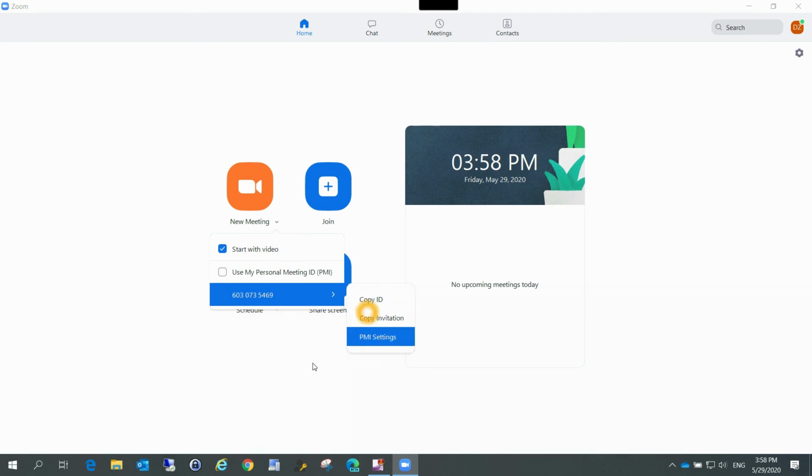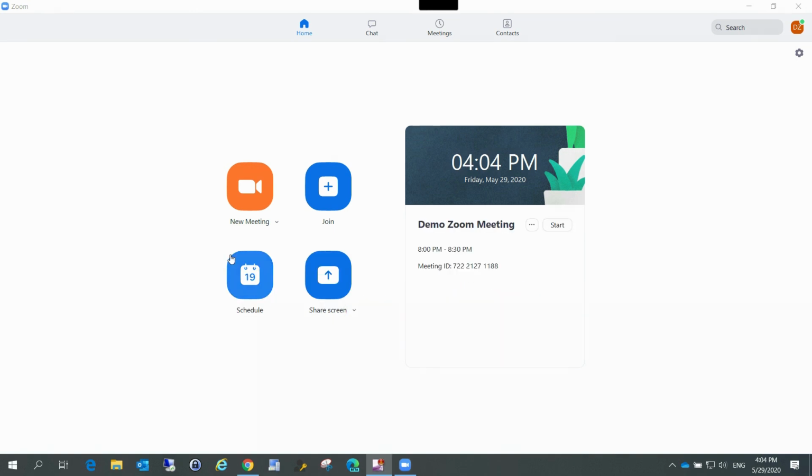You can see there is a personal meeting ID, which is nothing but a permanent ID allocated to your account when you created an account with Zoom. You can use the personal meeting ID all the time, or you can always create a new meeting request with a new ID that gets created every time. Doesn't really matter much. The share screen is used mostly to support another person, like we use TeamViewer, or, I don't know, you may be using a different application to share the screen.